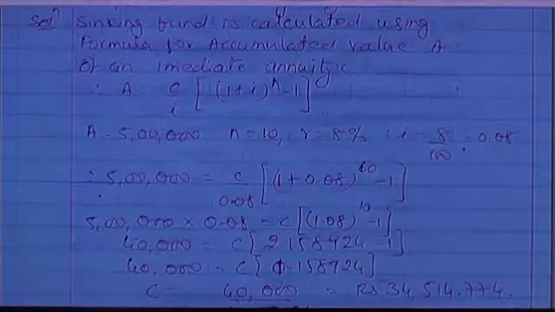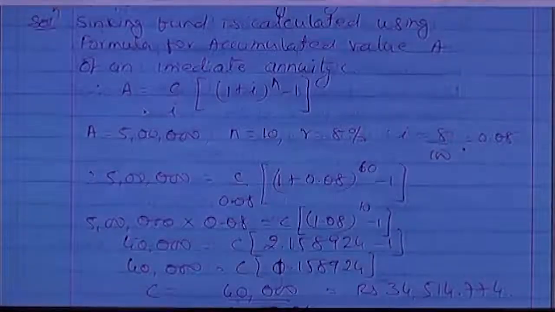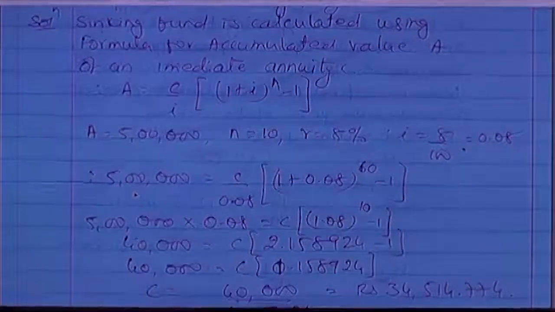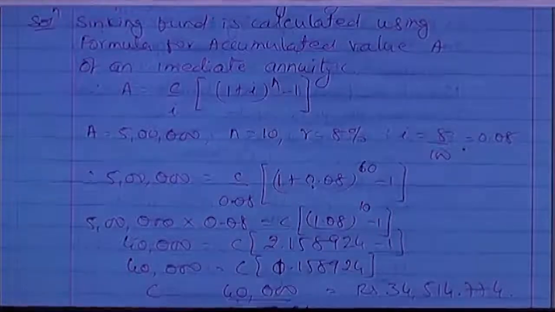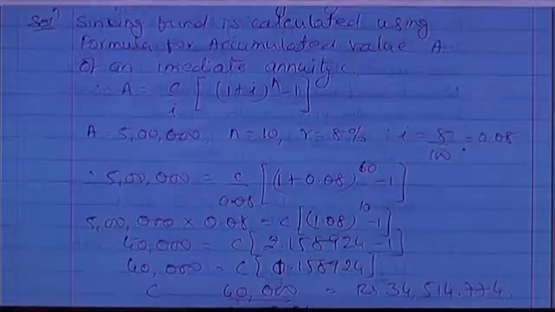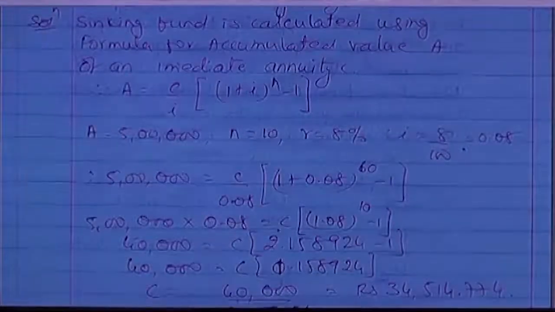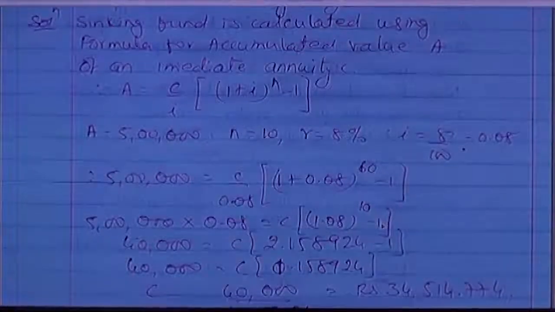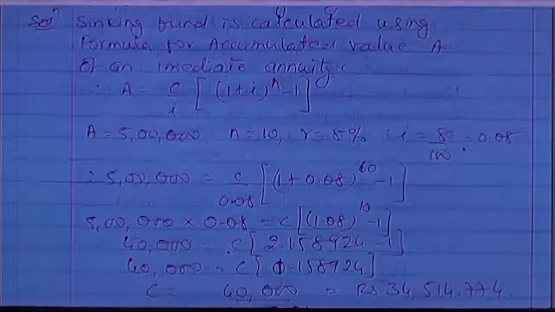Putting all these values in the accumulated value formula, we get 5 lakh equal to C upon 0.08 times 1 plus 0.08 raised to 10 minus 1. So 5 lakh into 0.08 will be equal to C times 1.08 raised to 10 minus 1. So 5 lakh into 0.08 gives you 40,000, which is equal to C times